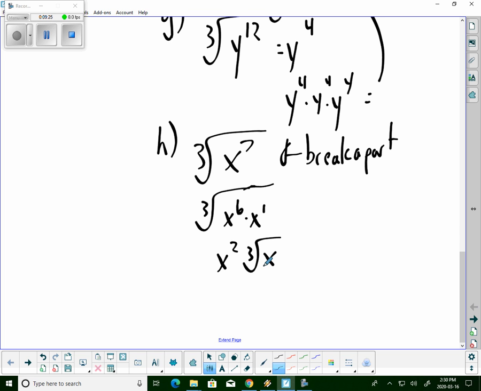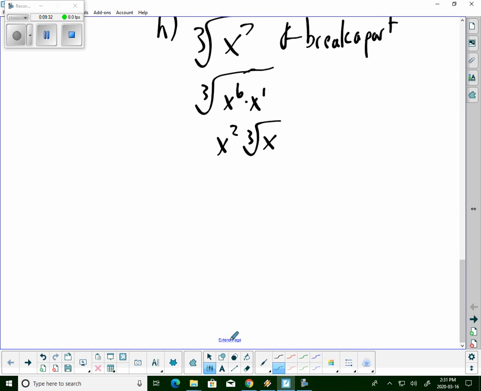So it doesn't really matter what I have in the index or in the radical, it all follows the same thing here. So if I'm taking the 5th root of x to the 13, y to the 22nd, we could rewrite that as